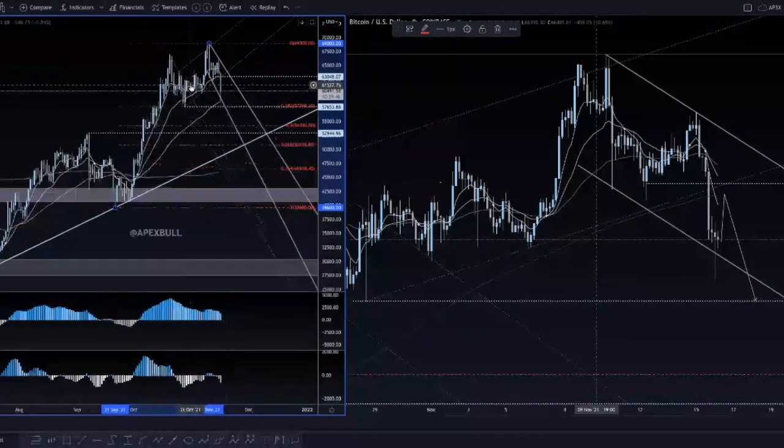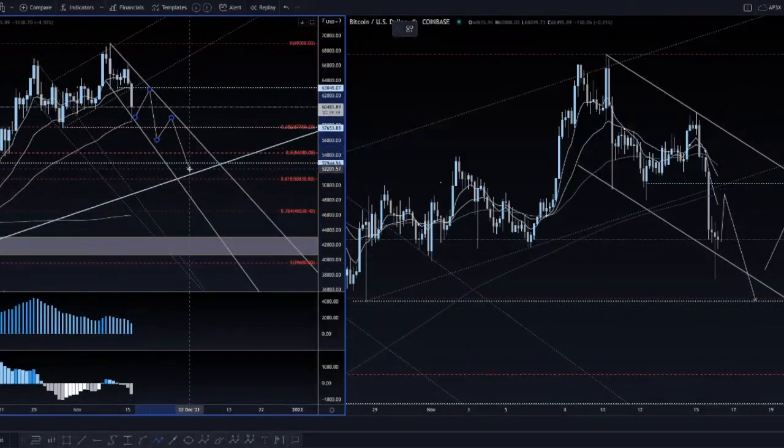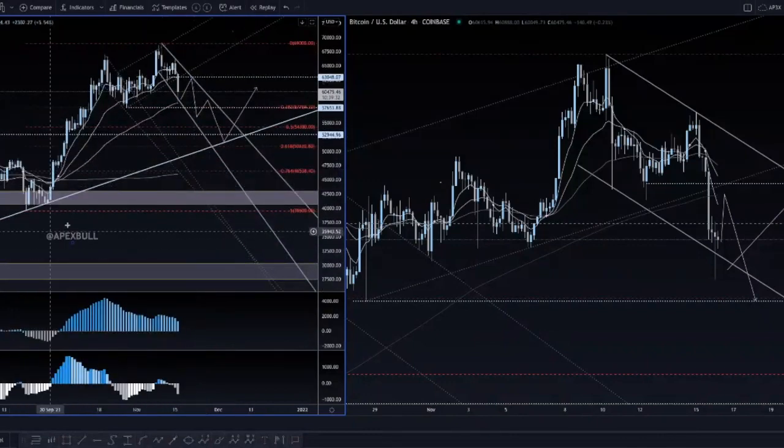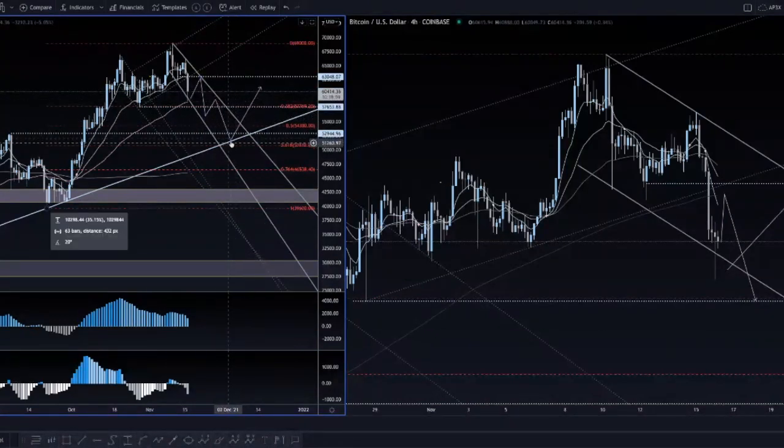zone, because by the time this corrective pattern is over, let's say we correct like this, boom, boom, boom, boom, and then we break out, I'd be interested in, first of all, the reaction of this trend line here around the 50, let's call it 50, 51 and a half, and then a breakout of this channel structure here for resumption of the bull trend. This will be a sufficiently deep type of correction for us to be interested in getting long. So anywhere from, like I said, mid 54 and a half to 51, let's say, would be the ideal buy zone for longer term investment type of